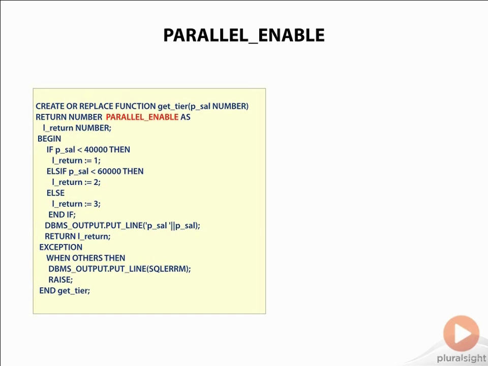Oracle Database also allows to run Java programs and C functions from inside PL/SQL by creating PL/SQL wrappers for them. But these would not be considered safe to run in parallel unless we explicitly specify parallel enable to indicate to the compiler that it is safe to run so. But again, like specifying deterministic, we need to be careful specifying a function to be parallel enable, as if it is not truly parallel enabled and Oracle chooses to run it in parallel based on our declaration, it might lead